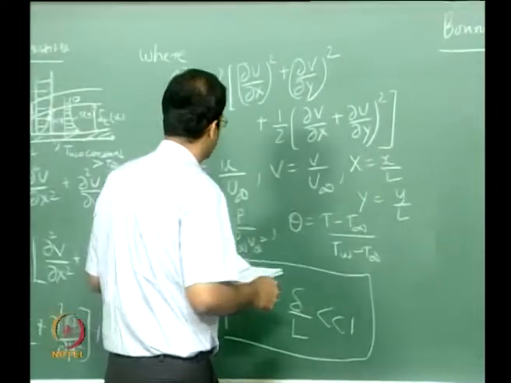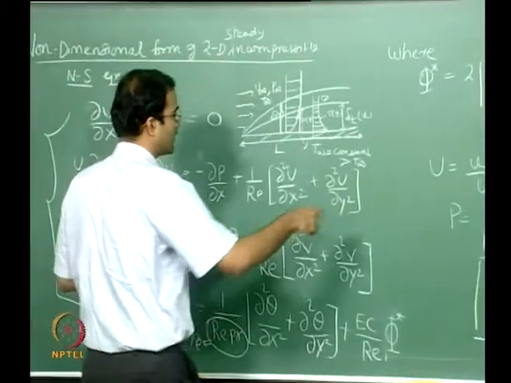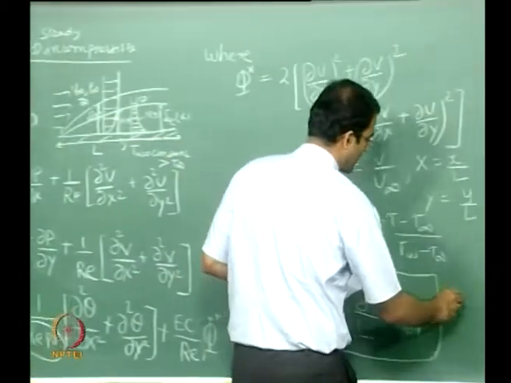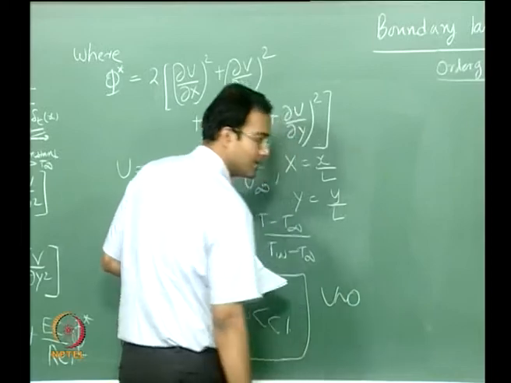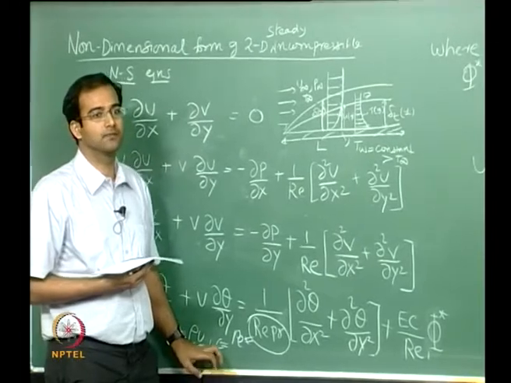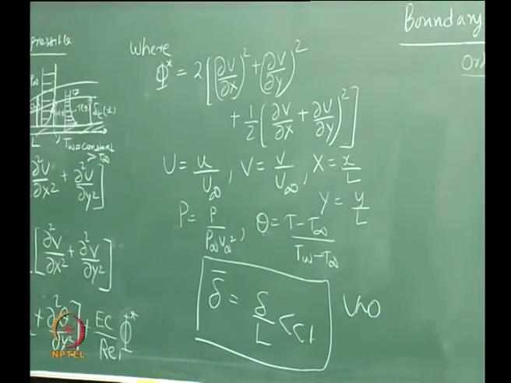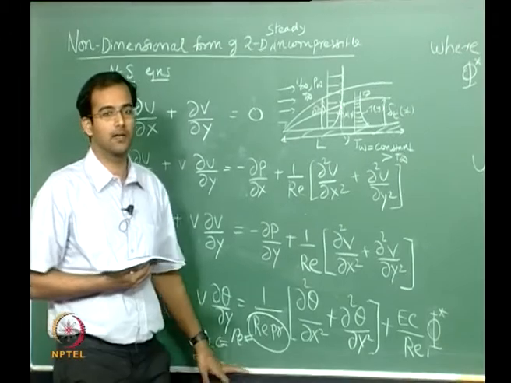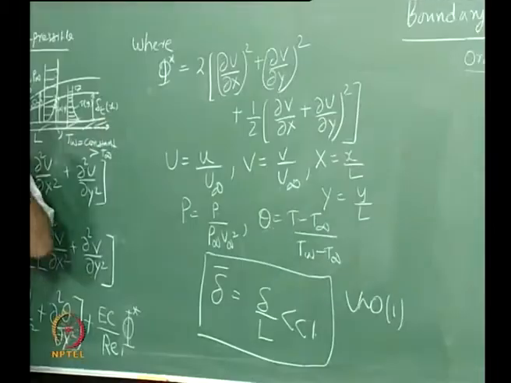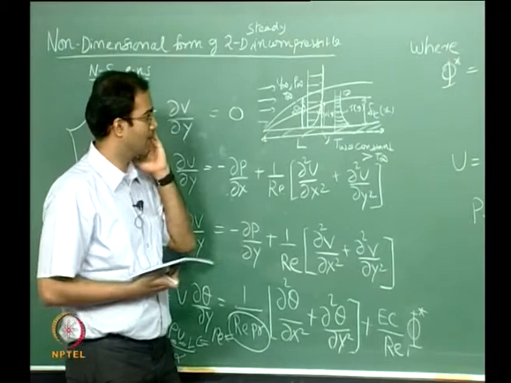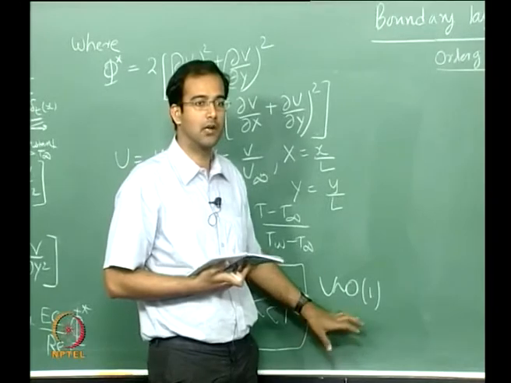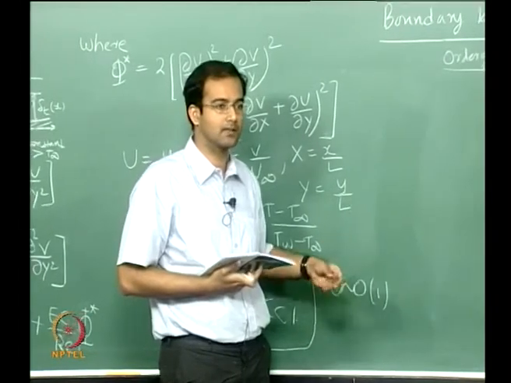We will use this as the starting point and find the order of magnitude of other terms. Also, when you look at the non-dimensional u velocity, what should be the approximate order of magnitude? What is the maximum value it can go to? 1, right? So the order of magnitude should be approximately 1. You look at the maximum value and you know the order of magnitude of that quantity. Now, we don't know whether v is of the order of 1 or whether v could be neglected, so we will have to decide that now.